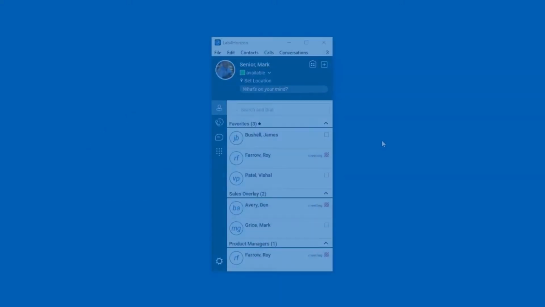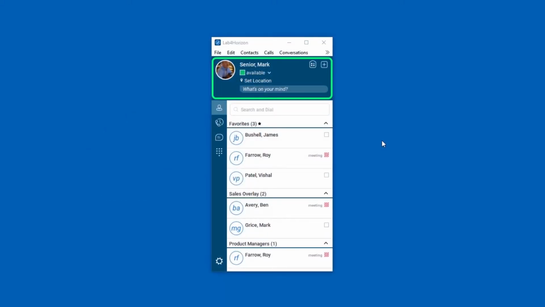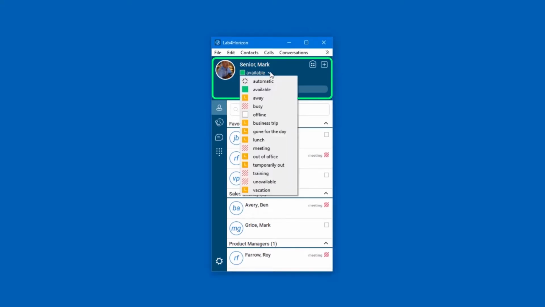In the app, at the top is your social interaction area. It contains your personal profile picture, your personal contact information, details of your location, and an area of free text to let everyone know about your day. It also includes your availability to help your colleagues decide the best way to contact you. Your availability is automatically collected from your calendar and also displays the activity within Collaborate. If you're on a call or conference, for instance, you can manually change this to one of the many options